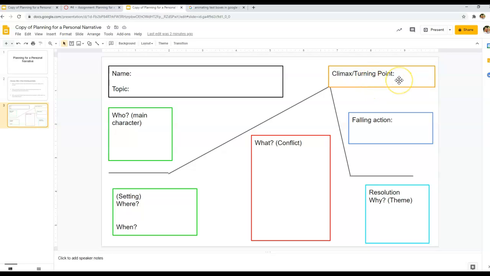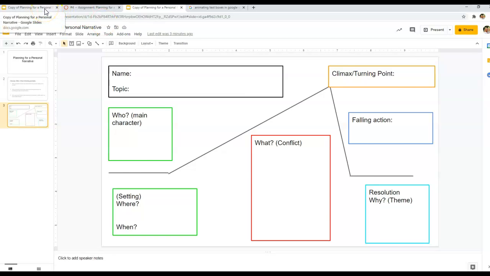The climax or turning point, where do things change? Where's that, oh my God, like this is really going to work out for me, or not work out for me, that turning point of the story. Then your falling action, what happens as a result. And then this resolution, that's the why, the theme. It could also be, like we studied yesterday, the extended ending. Remember the reflection on a memory, a feeling, something you learned, something that caused you to grow or change.